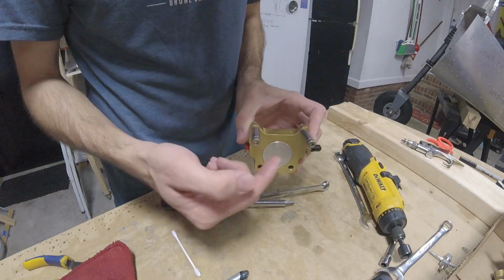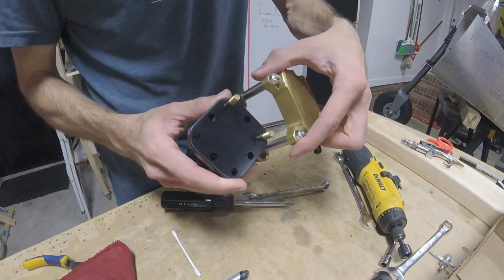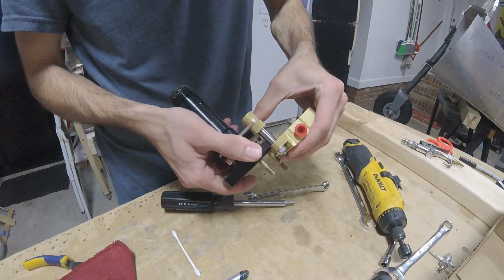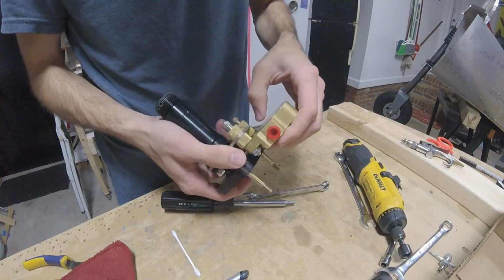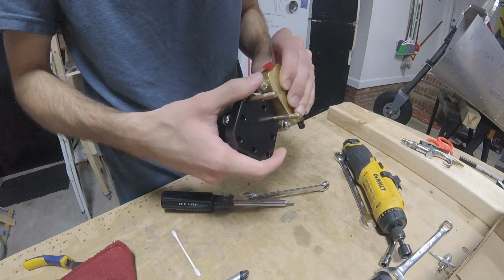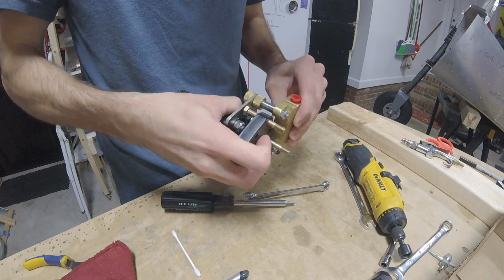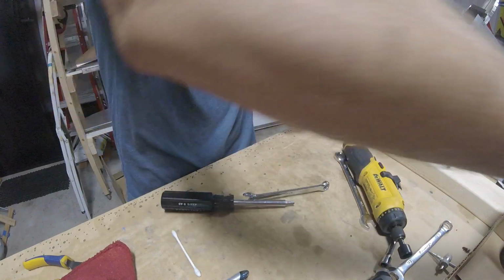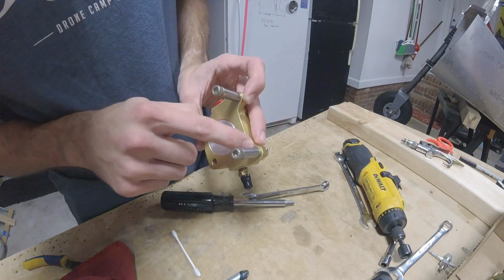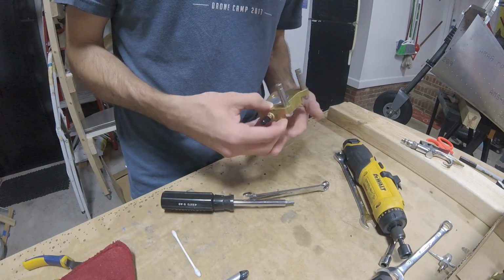Okay, trying to figure out why these rods are not going in smoothly. I put some lube on them, I put some grease on them, and they're still not going in well. They're very tight. They seem like they're off center or something. But then I noticed there's a little piece of metal sticking out of there, and I'm thinking that might be causing it to go to one side. So I'm going to get a